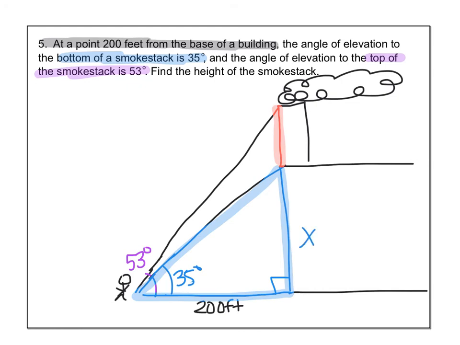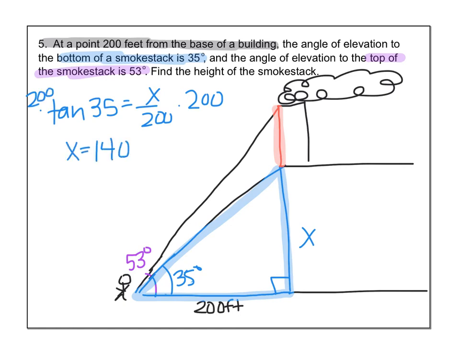To find x, that's again opposite and adjacent, we're going to do tangent. Tangent of 35 is equal to x over 200, times 200 on both sides. Type that in your calculator. You should get x is equal to 140.0. And then we're going to switch to the second triangle in the picture. Take it one triangle at a time. We're looking for this